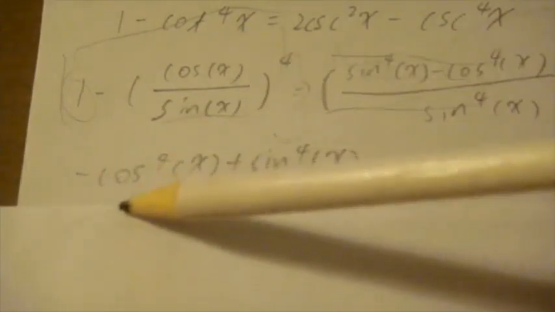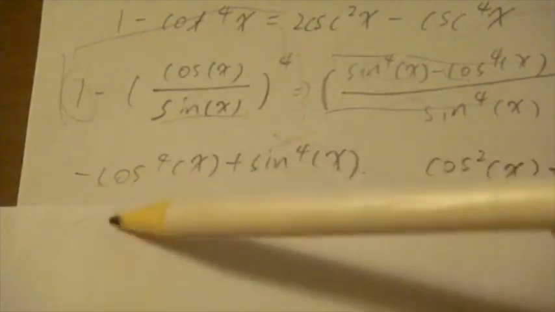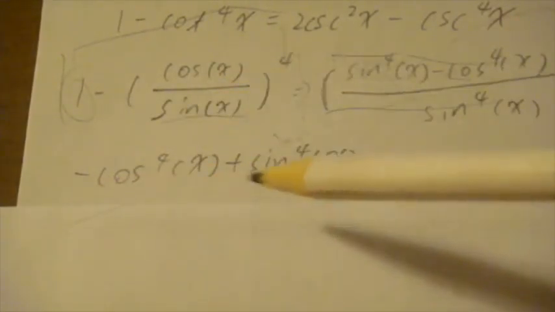Why, you guys will know later. Just being lazy and it's easier to do, a more efficient way. So if we take off this part, you can see that it becomes negative cosine 4x plus sine 4x,